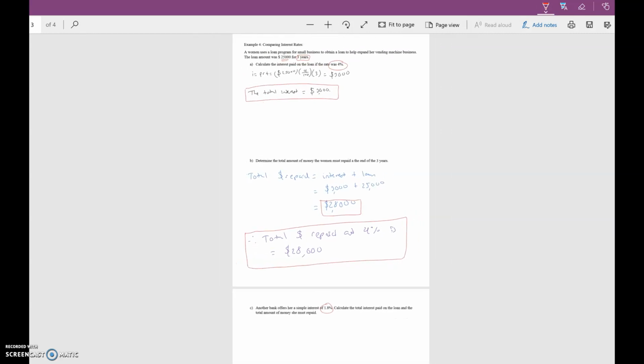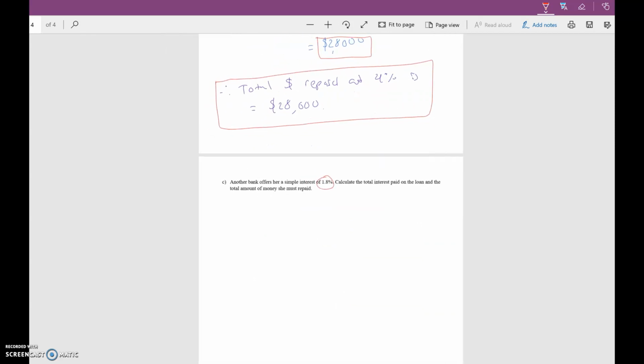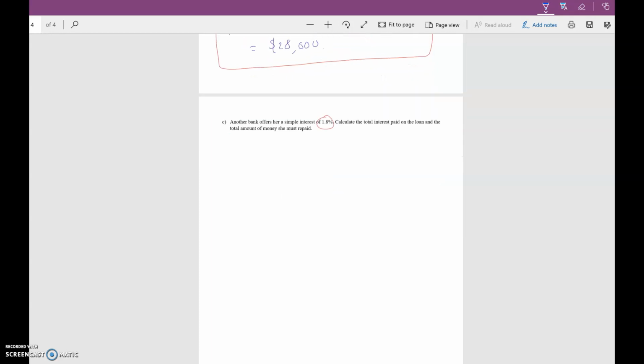Now, the basic idea here is to take a look at these actual types of loans and see what's the difference in the interest that they're charging and how much money you end up paying. Now, part C basically says the following: another bank gives you a better offer, and the offer is 1.8%. So in this case, the actual interest,